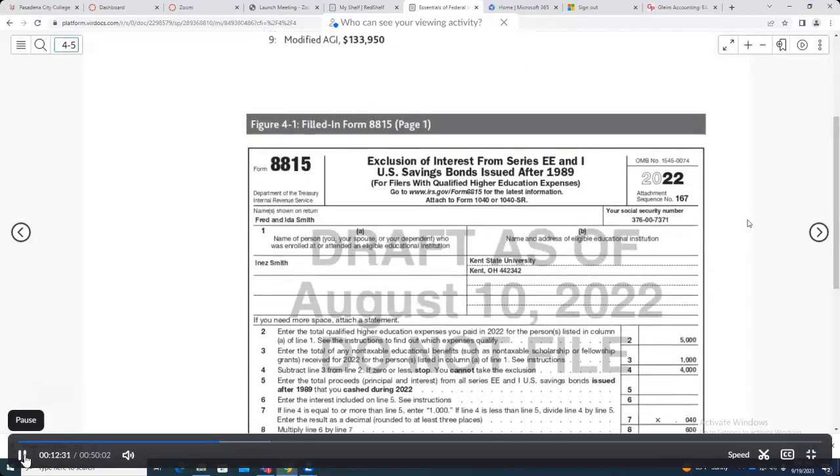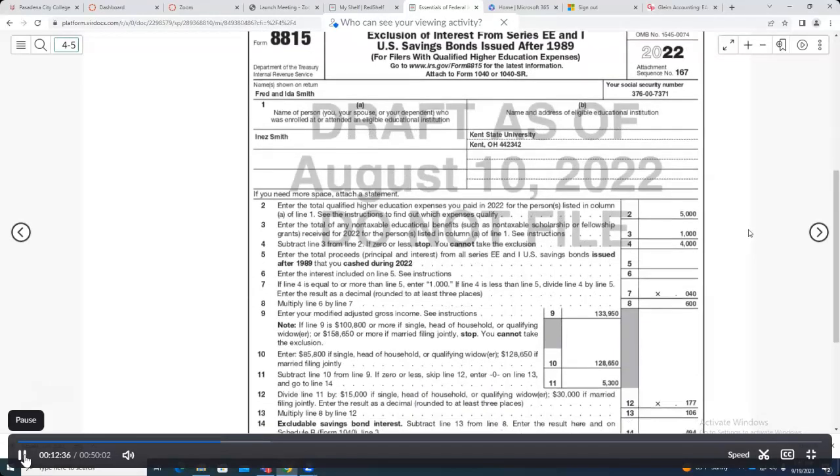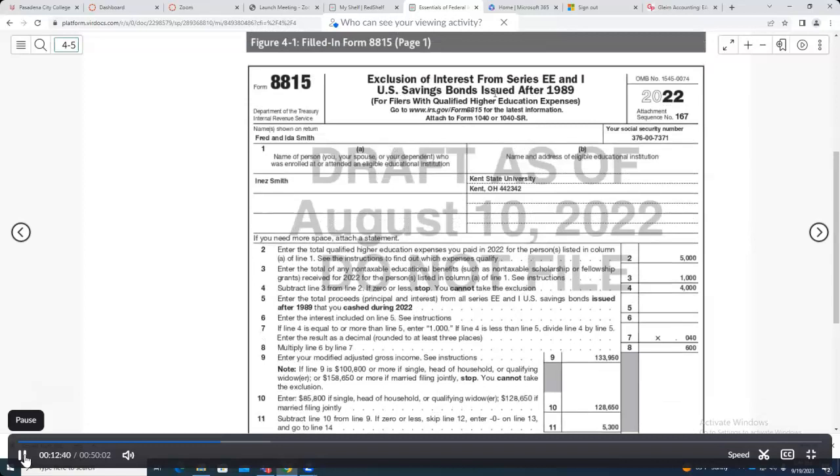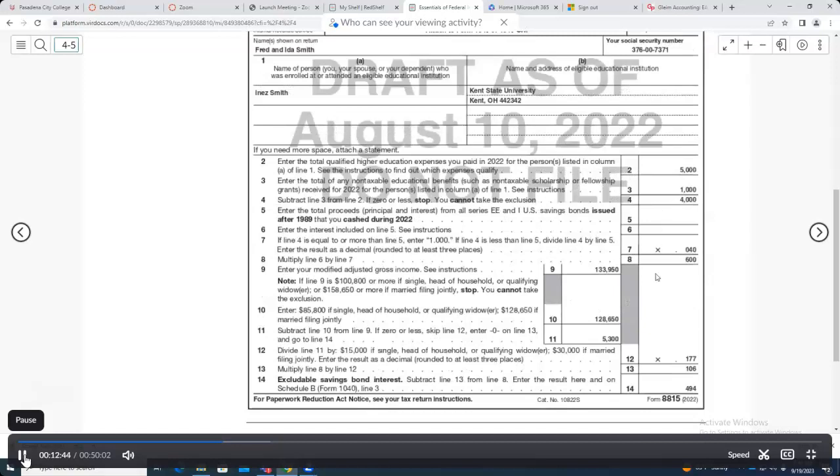Okay, so then the form will be filled up by your software. Exclusion of interest from Series EE and I U.S. savings bonds issued after 1989. And these numbers will be filled up in the form, and that final number, 494, will be